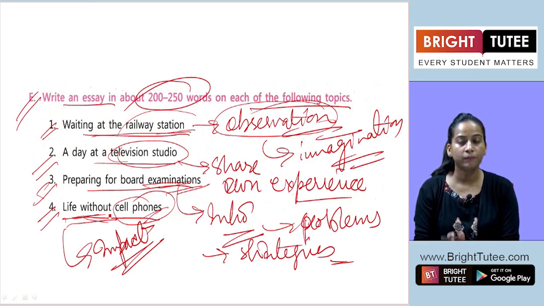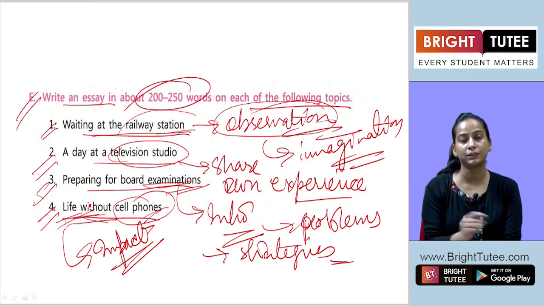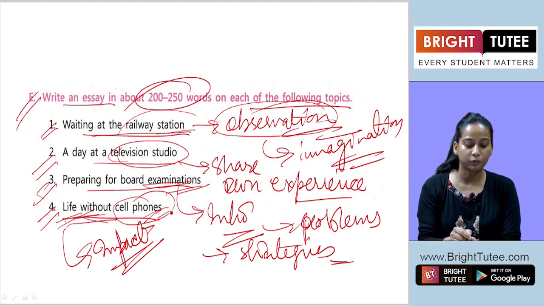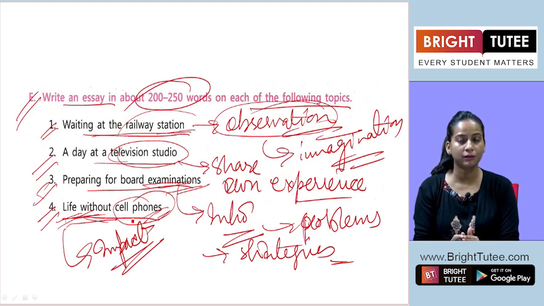Here it's up to you. Life without cell phone is a simple topic given to you, and it's up to you how you are going to present it, whether you take it in the positive way, that life without cell phone is going to be more interesting and adventurous as it used to be earlier, or that now it is easy and helpful and we are getting different advantages out of it. So it's up to you whether you want to keep more focus on the positivity or the negativity. Clear? So that is up to you.